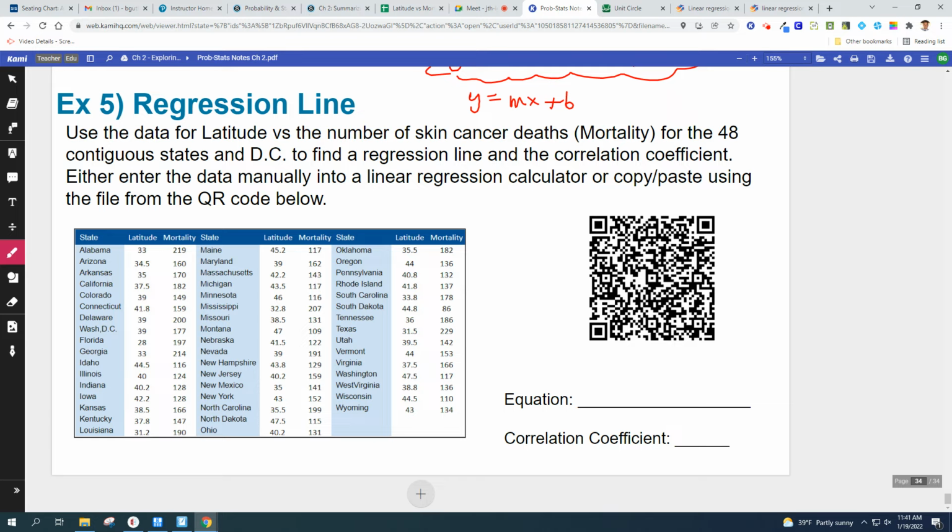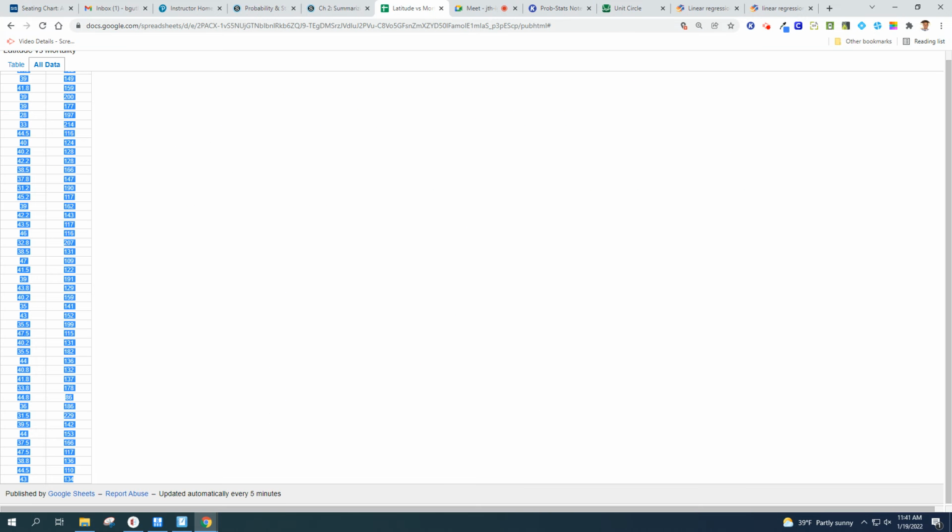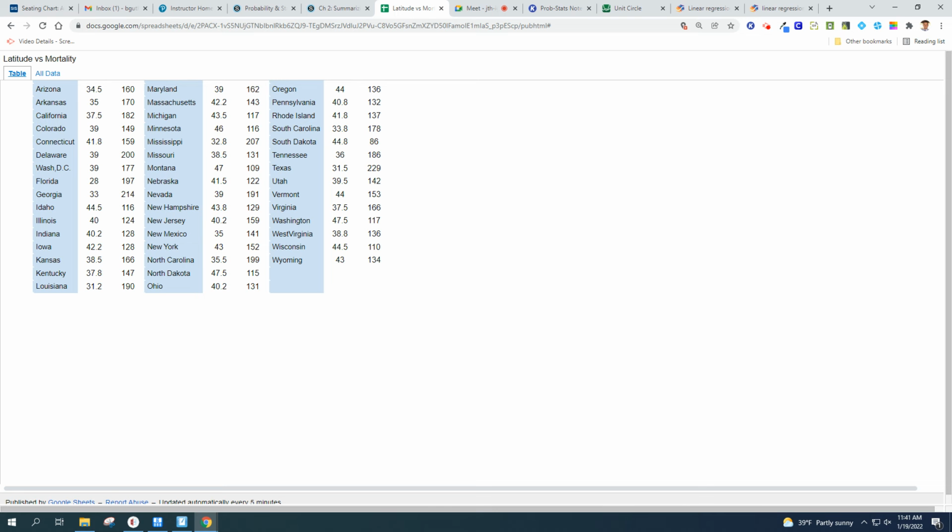So I'm not sure if that QR code works well. It's hard to copy and paste. I had a little bit of a difficult time with that, but that QR is supposed to take you to this file. I also posted this file on my Schoology page. So this file,